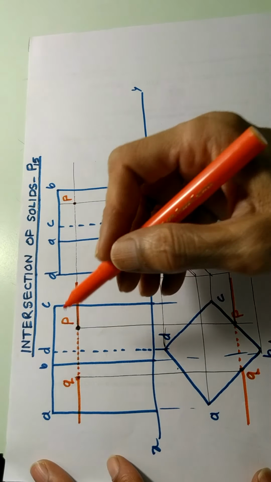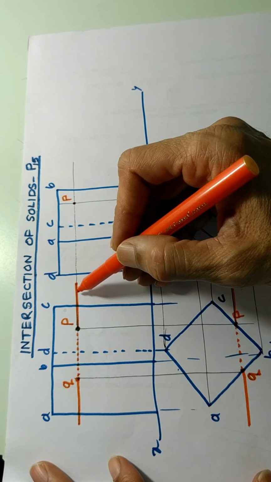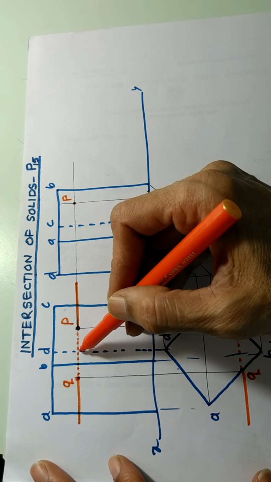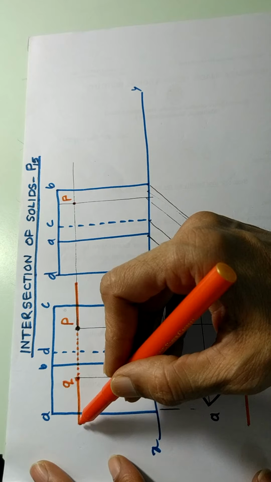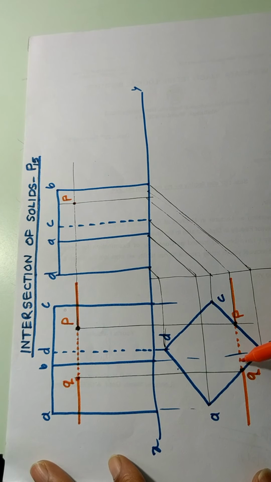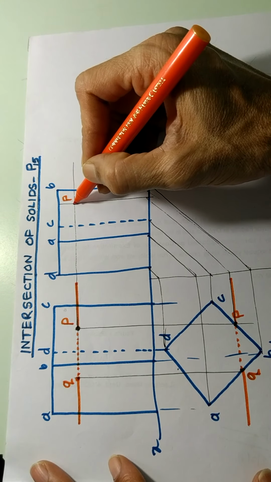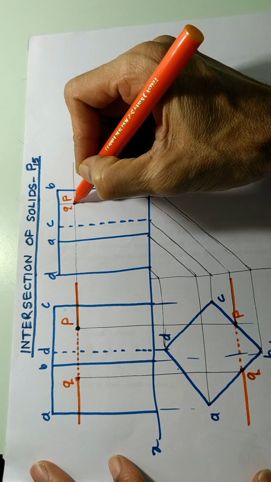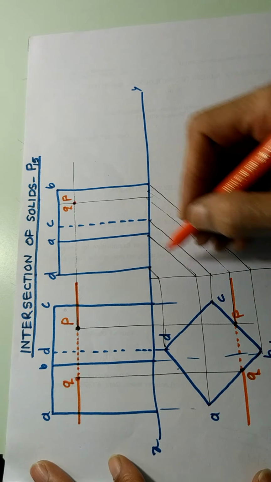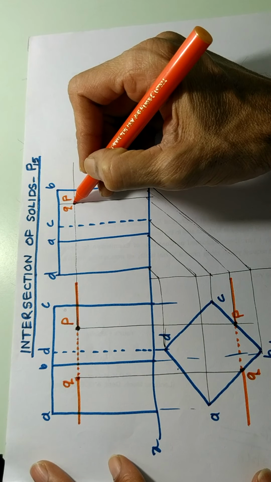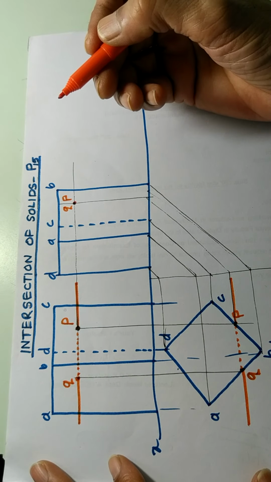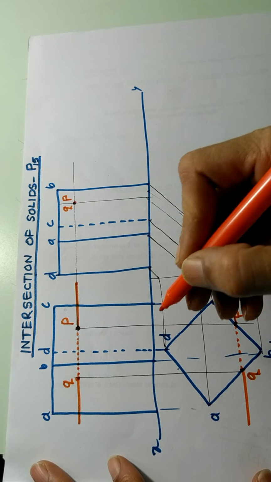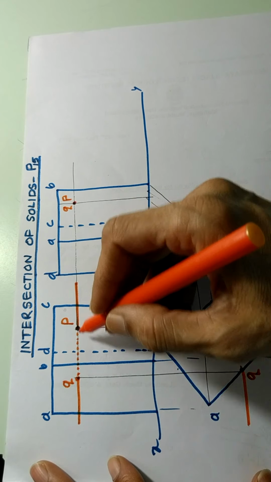So what we have done now is, first we have drawn a point, then we have drawn a line, then we have drawn that line further towards the left, so that it has gone inside the prism and it has come out of the prism. The same line in the top view will look like this, and the same line in the side view will look like this, where P and Q, both the points, if you see in this direction, will be coinciding. The entire line will be seen as a point. Correct?